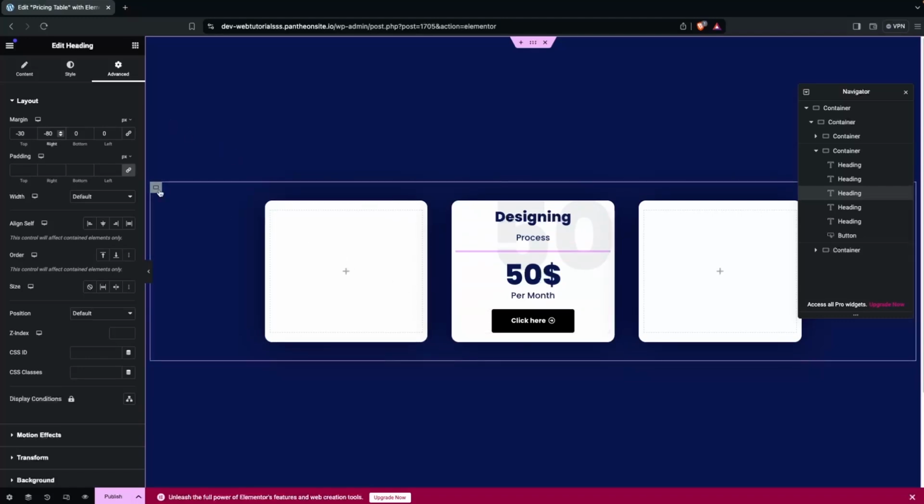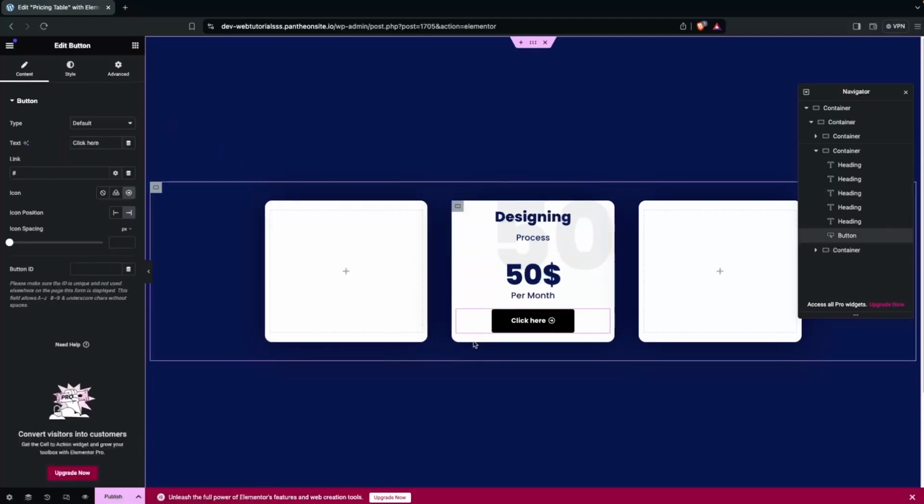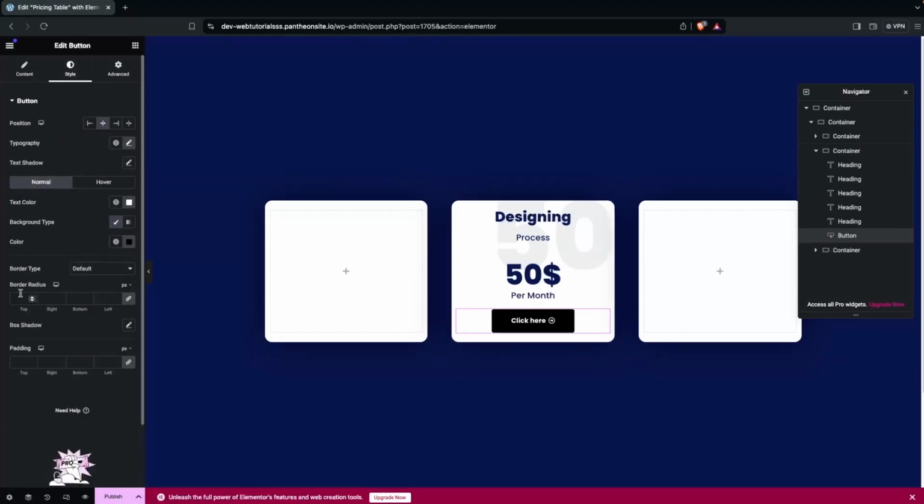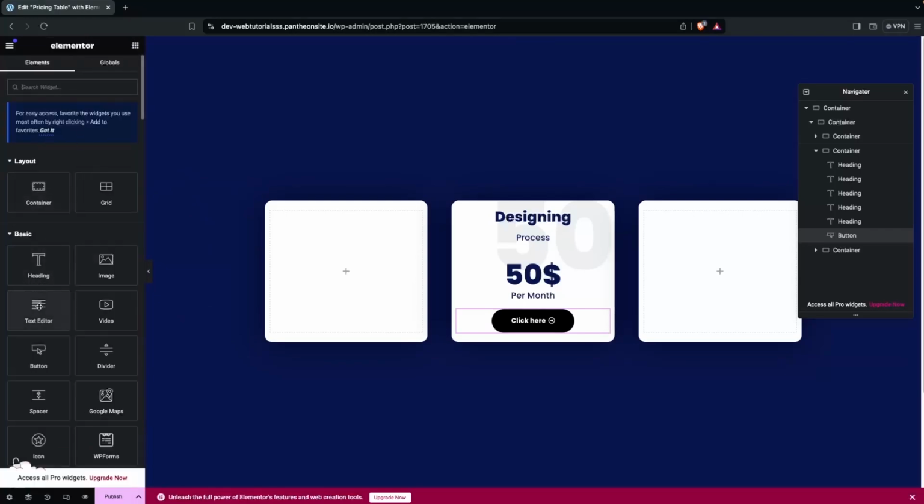And now what I need to do, I actually have to change the radius of it. So let's click on the style, go into the border radius. So let's just go here with 25. This is looking good. And now I need to add one thing, that is the paragraph. So let's go back, and here I'll just simply drag the text editor